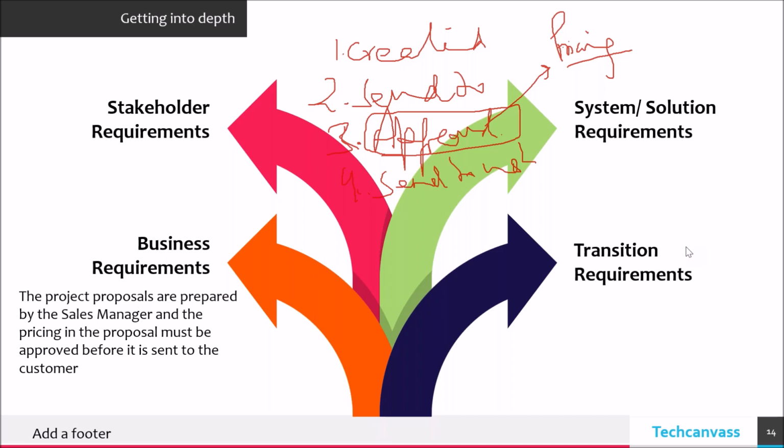Now, how will you come to know about this? Which one is applicable in this case? You observe how it is being done, right? You're trying to develop a system, but it is already happening in the organization today. So you actually do a floor observation, which is also called a Gemba walk, to see how it works. That is one way of doing things. Correct. What else can you